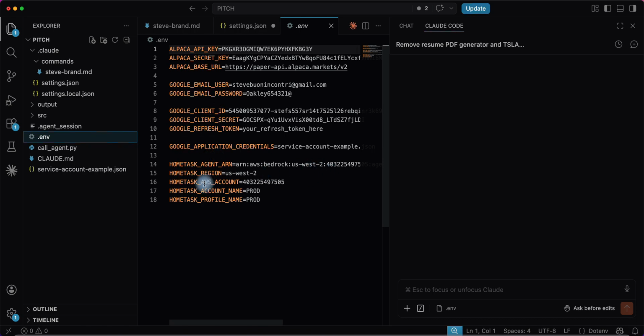Oh, this was my Hometask agent, where I put my agent ARN, and I was trying to use the Claude front end to be the chatbot for my Hometask agent, because Claude can generate a web app to call my Hometask agent, which I'm going to do. I'm going to put it on my website. But